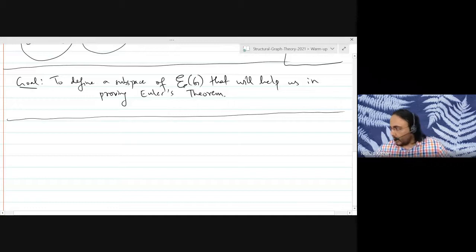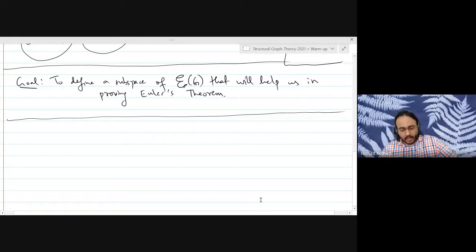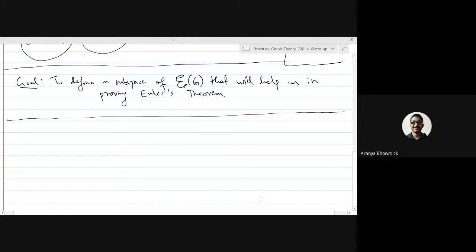All right, so how do we go about defining this subspace? Sir, by Euler's theorem, did you mean exactly the same version which you mentioned? Yeah, we will prove Euler's theorem, but in the lectures we might prove a related result called Veblen's theorem, and you might have to deduce Euler's theorem from Veblen's theorem in your assignment. I might give you some steps also for it.